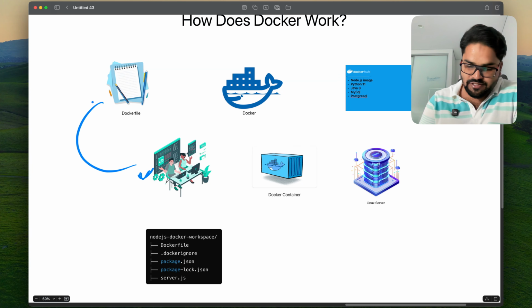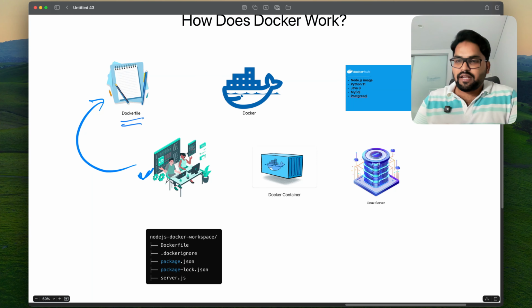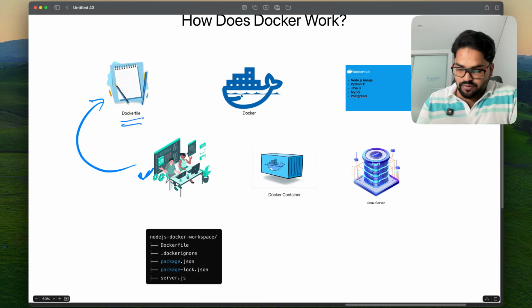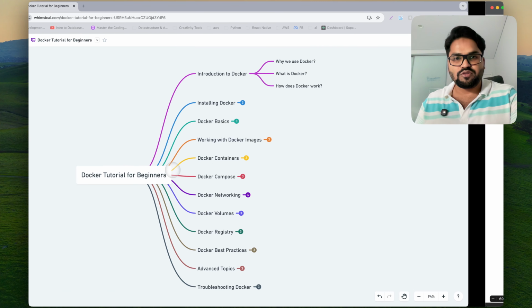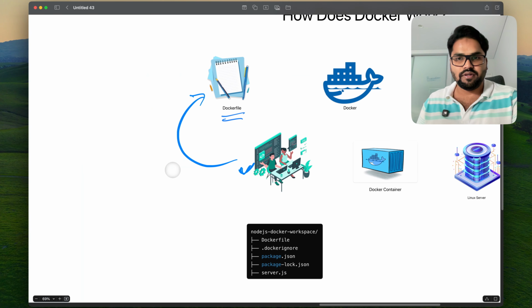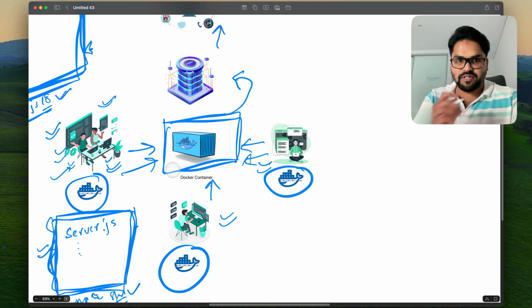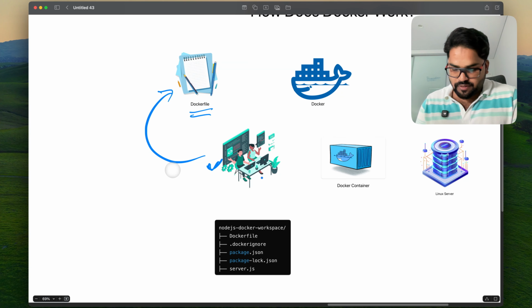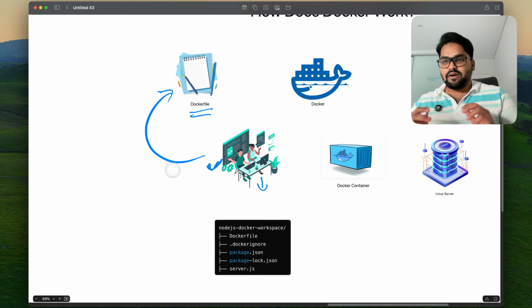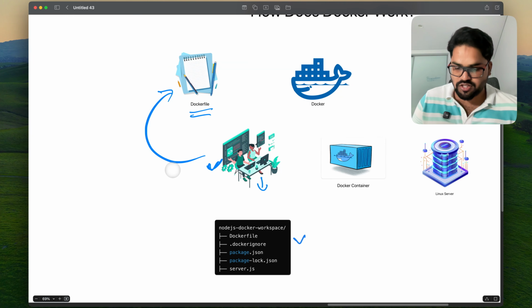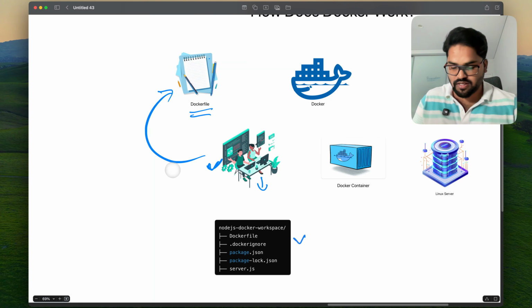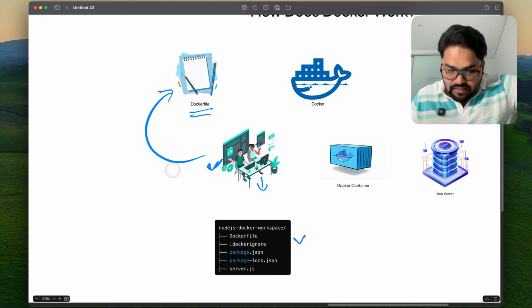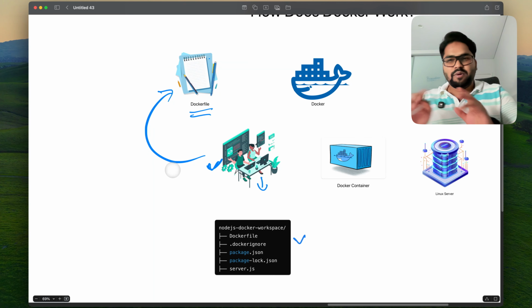The developer here will be building an instruction file. This is the instruction file, that is nothing but Dockerfile. Whenever we install Docker, so here we install Docker in each and every machine, right? This developer is saying we have to take this project structure, and all the instructions will be mentioned over here. We have to install the Node.js application and everything. So at the time of running a Docker run and particular command,